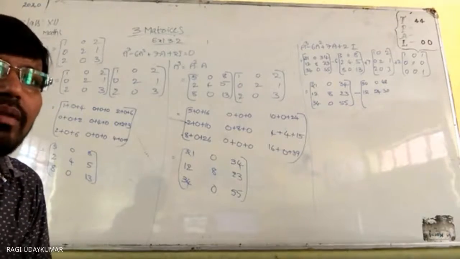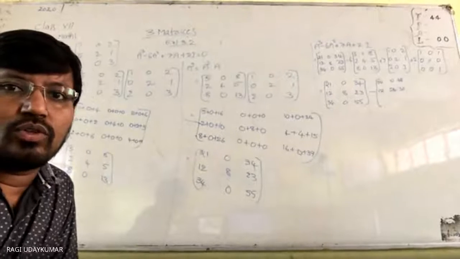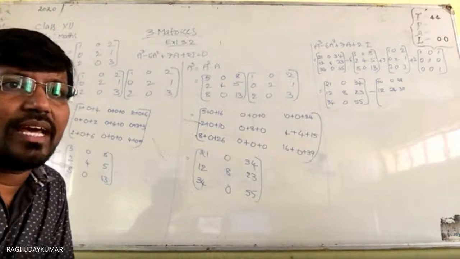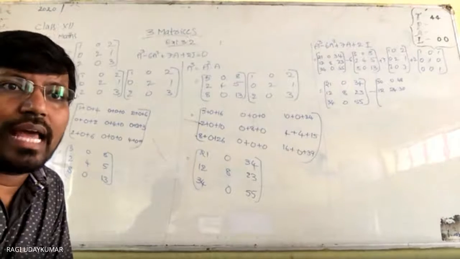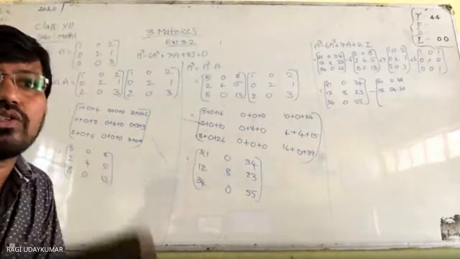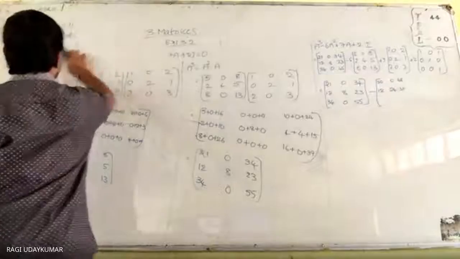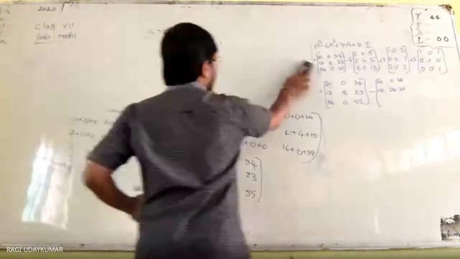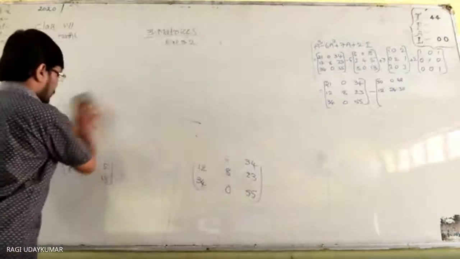Okay, so now the 18th problem is actually a very interesting and important problem here. So see the problem. What is given? A is equal to 0, minus tan alpha by 2, tan alpha by 2, 0. And I is an identity matrix of order 2. Show that I plus A is equal to I minus A into, so here I is nothing but 1, 0, 0, 1, should be taken into consideration. So if you use the trigonometric formulas and identities, and make small changes, then you are going to get it.